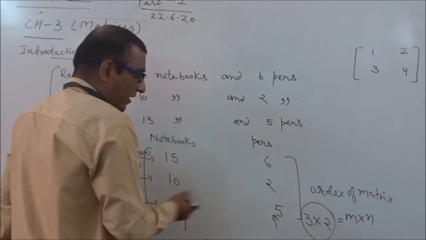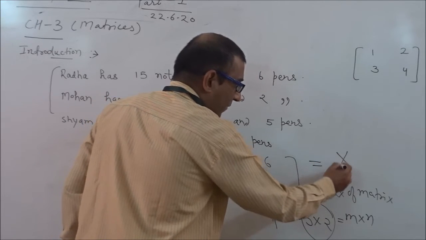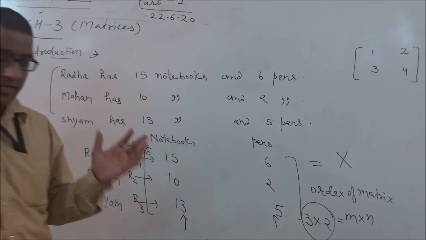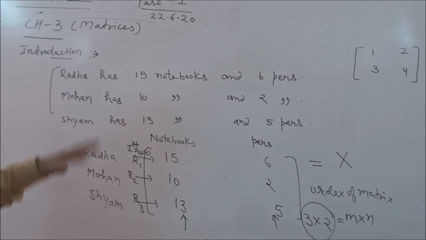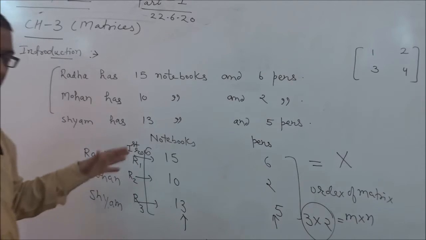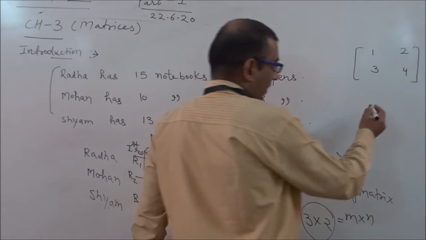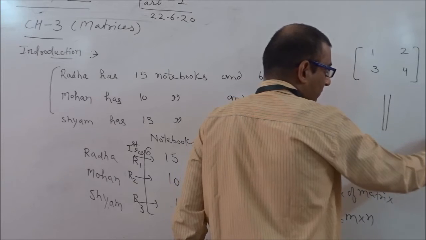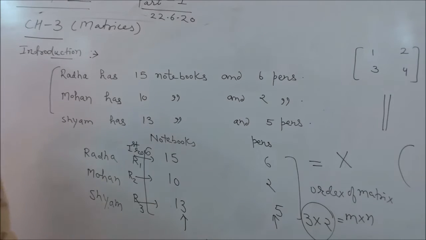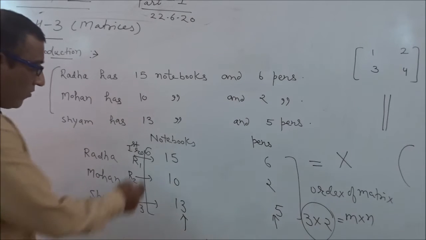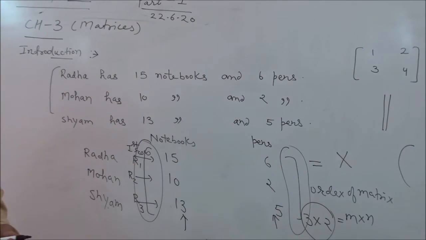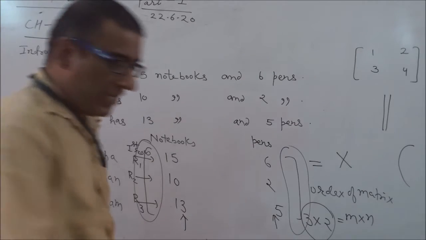And a matrix is always represented by a capital letter. It may be any English alphabet, capital S or capital A or capital B. The things given inside this symbol are known as entries. So this big bracket type of symbol is the symbol of matrix. Another type of bracket is also a symbol of matrix, but in our NCERT course we will go with this big bracket. Again I am repeating, it is represented by capital letters.